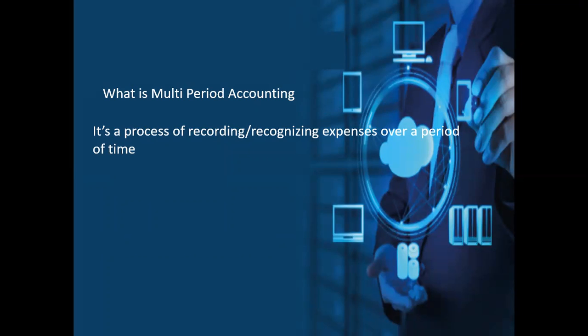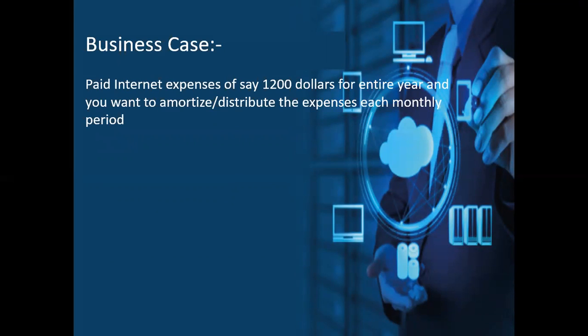That is, you want to distribute that expense over multiple accounting periods, even though you pay it in one accounting period. So one business case could be like, you paid an internet expense of say $1,200 for the entire year, and you want to amortize or distribute that expense each month. So